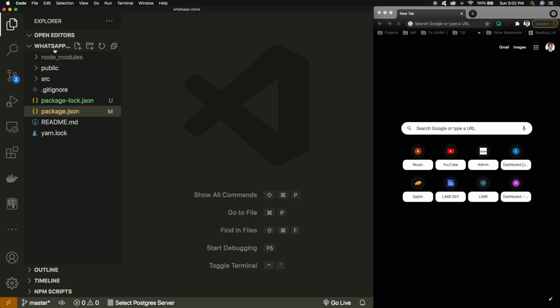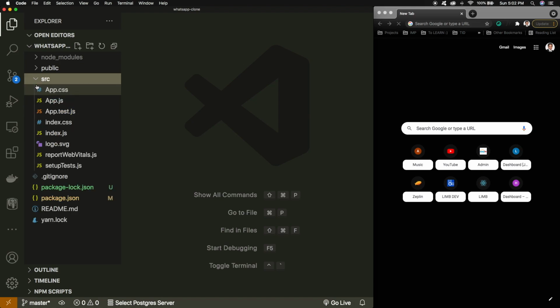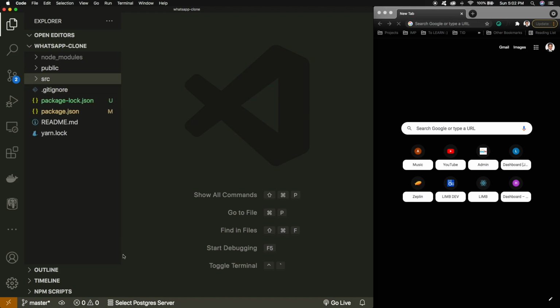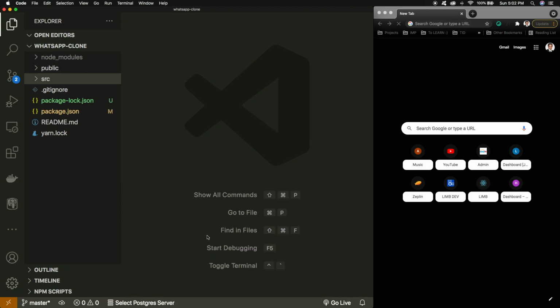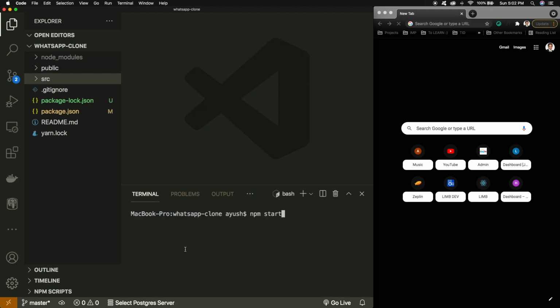And here you can see that WhatsApp clone is here, and the base structure is again here, where you can see some sort of files. And yeah, we will be definitely going through the folder structure. And if you guys are already comfortable with the folder structure or the initial stuff, you can skip to the next chapter in this video. And yeah, I'll be going to the terminal, and in the terminal I just need to write npm start. That will start my application on the localhost.